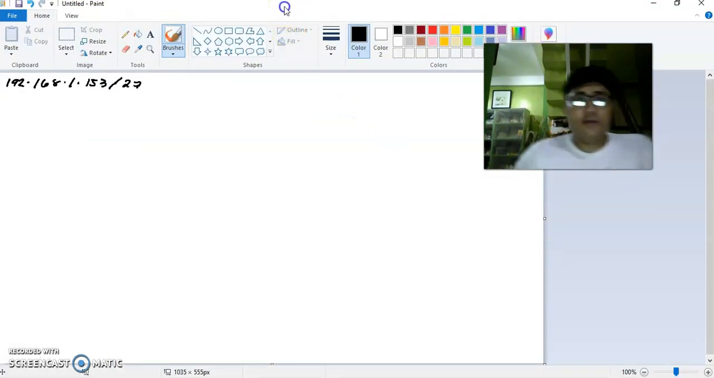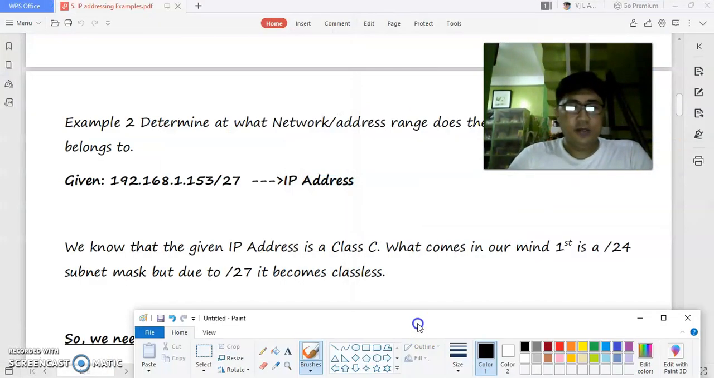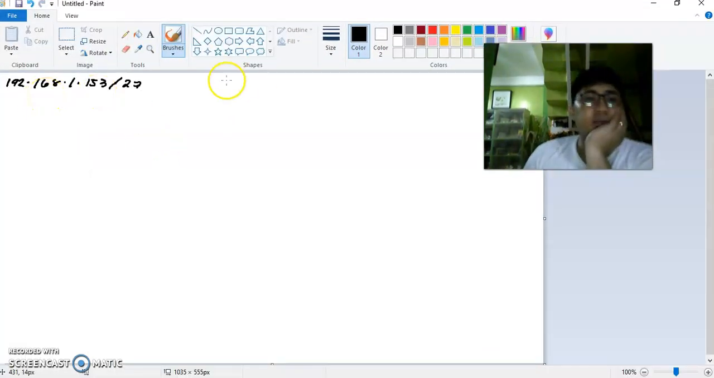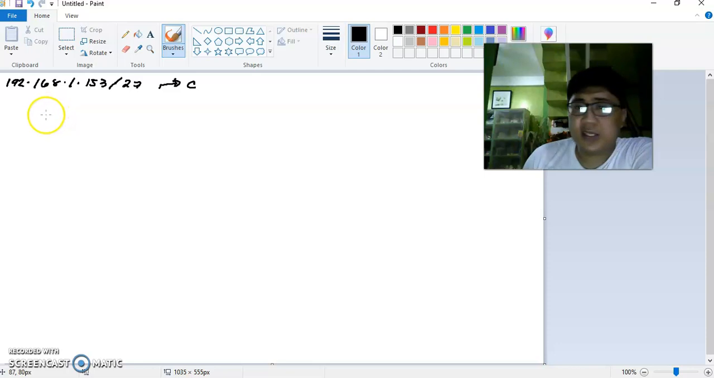So from here, we've known that this IP address belongs to class C. Therefore, we could say that the subnet mask we should use is 255.255.255.0. But since you have a /27 here, it makes this IP address classless, meaning